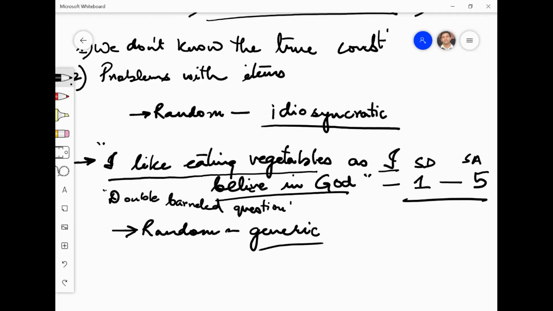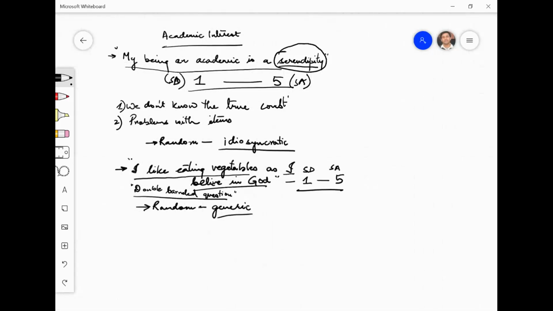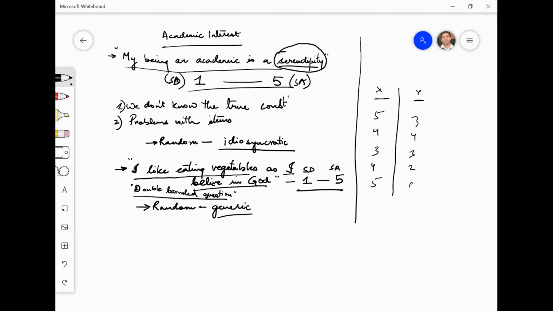It is when you have two questions and you ask them in one go. So this is another kind of problem that may crop up, which will lead to random measurement error. Now the characteristic of random measurement error is this: if you have two items, X and Y, and you had some responses, whatever, 3, 2, 1, and some random error has got into this and confounded these responses,